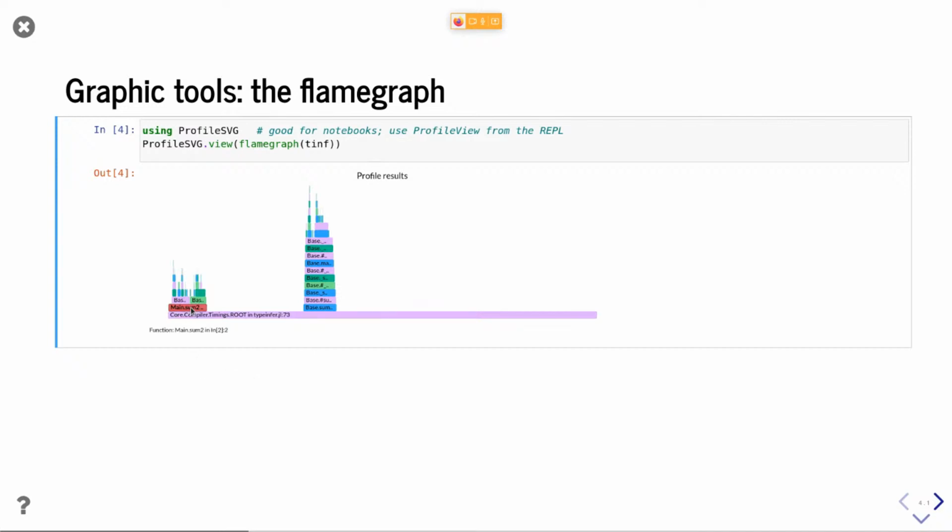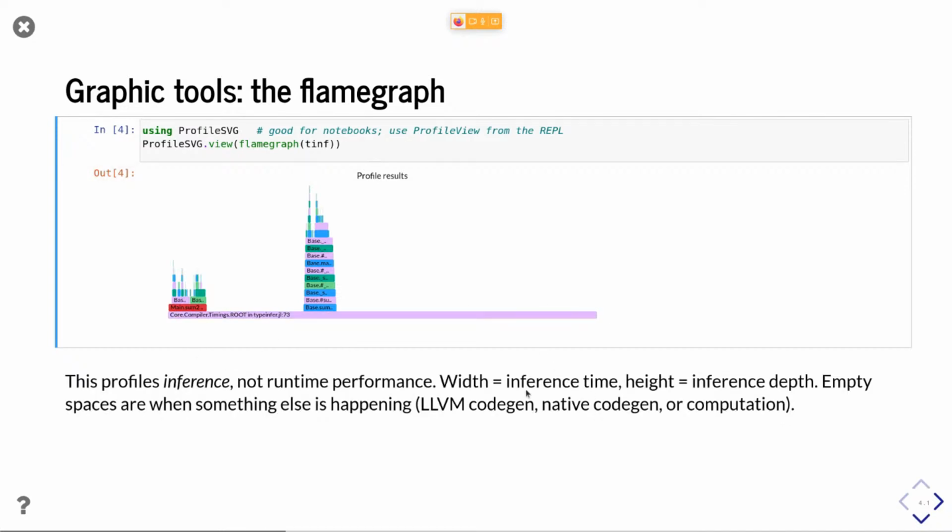And what you see here now is the root node, and the horizontal axis measures the time overall. So this is essentially the beginning of the processes that it executed. This is the end of the process. And you can see that there are two baseline flames, because those are the two child nodes of the root process. One of them was for the inference of main.sum2 that I just defined, and